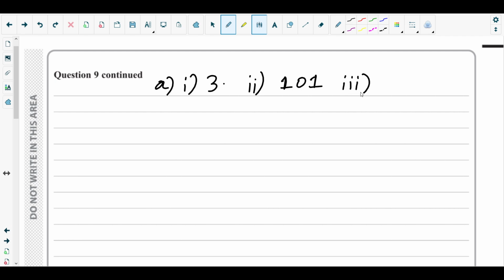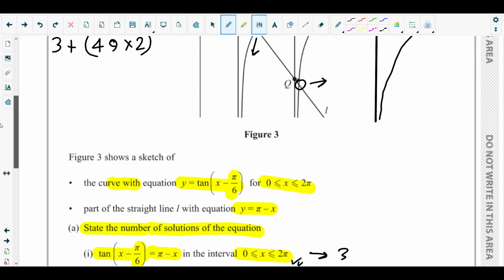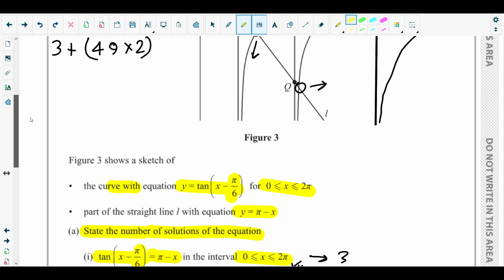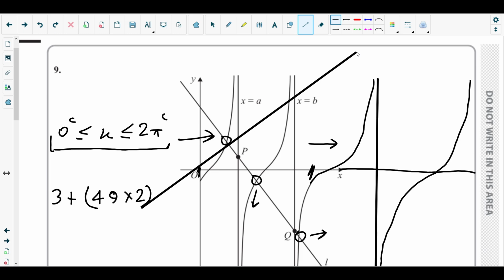Okay, next is part 3. For part 3, what they have asked here, we need to state the number of solutions of the equation 10x minus pi over 6 equals pi plus x, from 0 to 2 pi. So pi plus x, how would the line be? Look, pi plus x would go like this, right? It will go like this, isn't it? So if it goes like this,